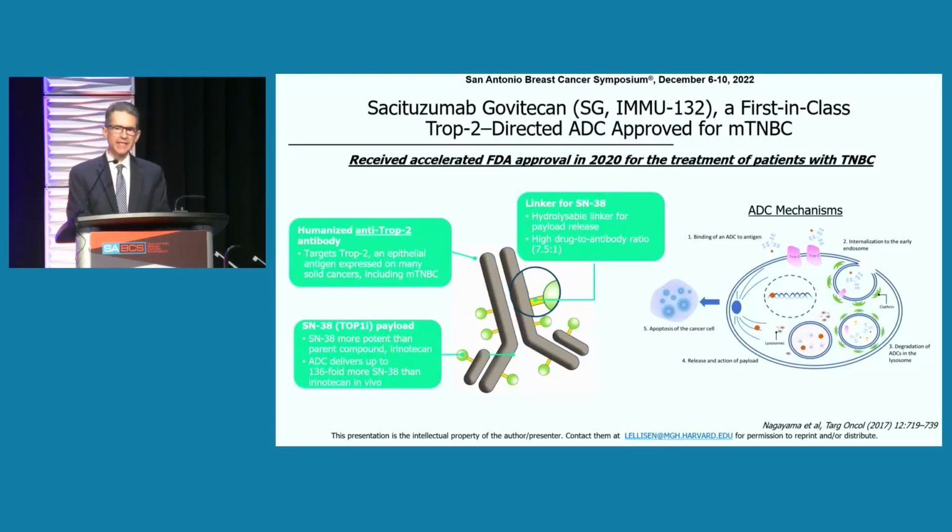So I'll start with sacituzumab govitecan, of which you've heard substantially today, which I may refer to as SG. Key features of SG are targeting the EpCAM-like molecule TROP2, and the fact that its linker is not only cleavable but also hydrolyzable in the low pH of the extracellular milieu, suggesting that significant payload may be released even prior to internalization and intracellular processing. And thirdly, the payload, SN38, a topoisomerase 1 inhibitor.